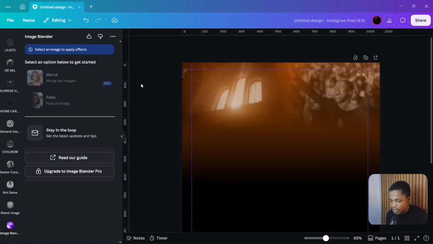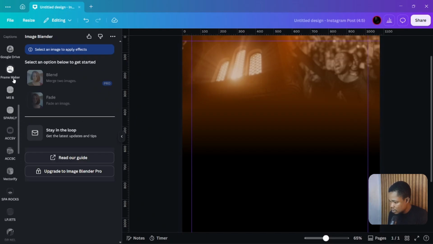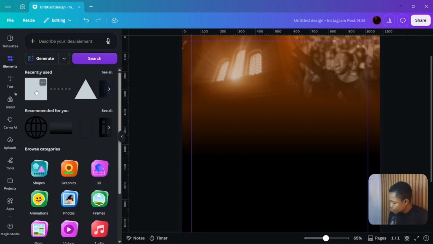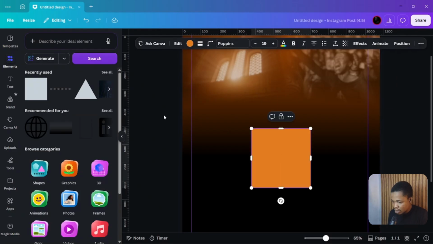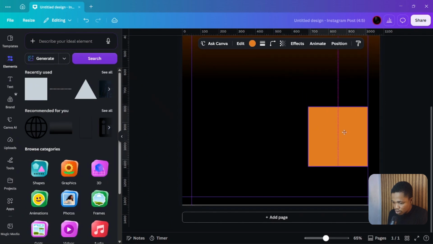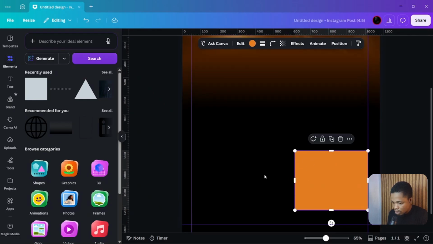All right, so the next thing we'll be doing is we are going to bring our shapes, like I said. So come to shapes, you're going to go to elements. Under elements, you're going to bring in this one, but before that we'll just do the bottom part first, which is this. Drag it a little, and then